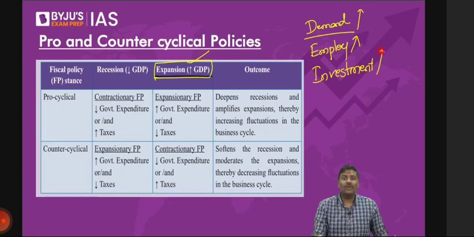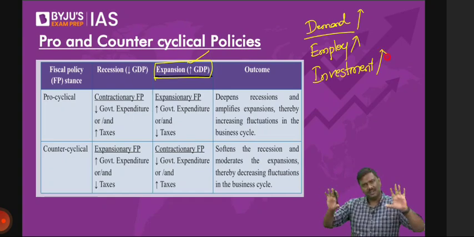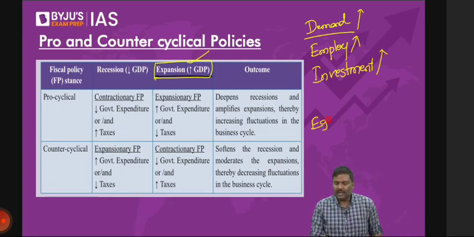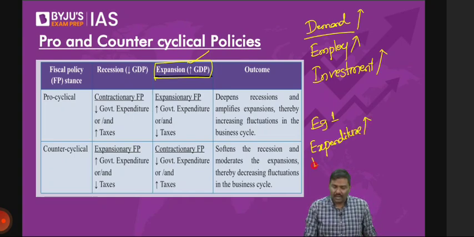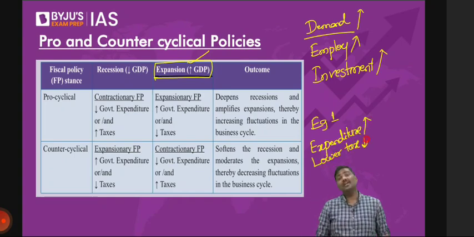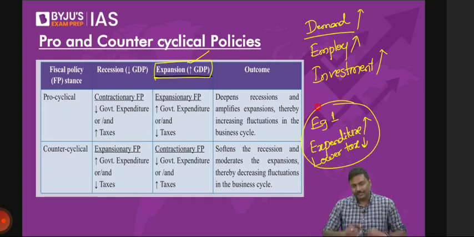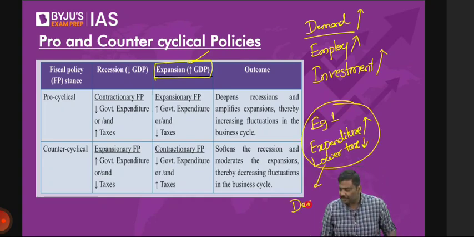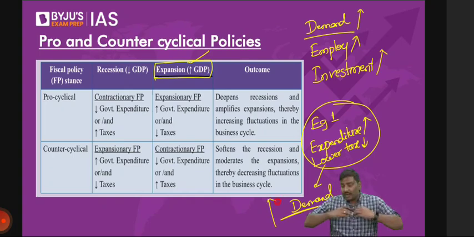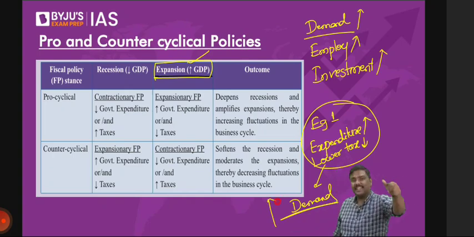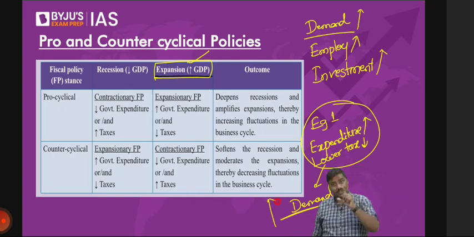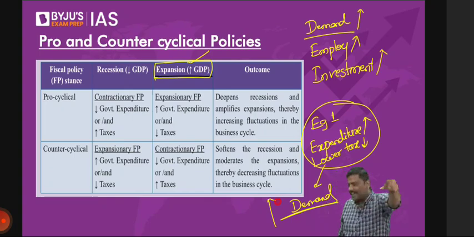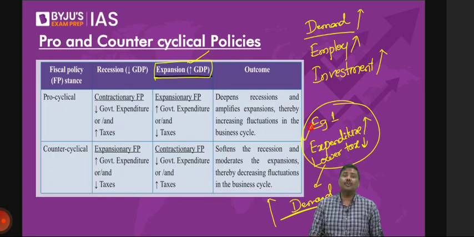Now have a look at example 1. Last concept. Example 1. Government will increase expenditure. Government will start spending a lot of money. And government will reduce the tax. What is the impact of it? If government spends a lot of money and reduces the taxes, don't you think the demand will overshoot? Demand will be very, very high. And if the demand keeps on increasing like this, will it cause inflation or not? I've discussed inflation already. Of course, yes. There is a danger that this policy of the government might make the economy much more severe, adding to the intensity in the economy.